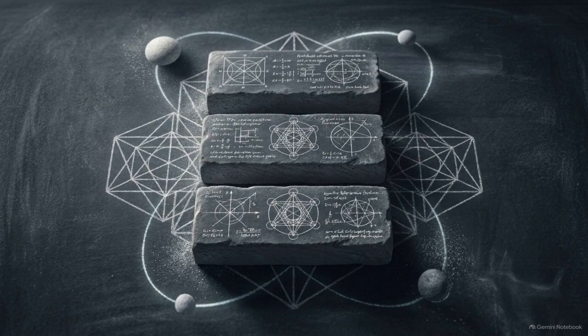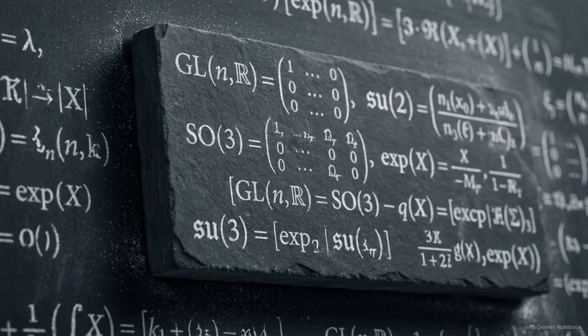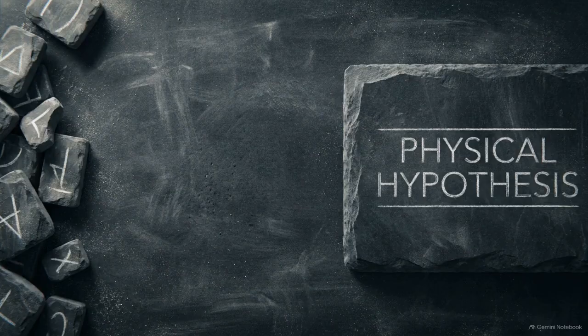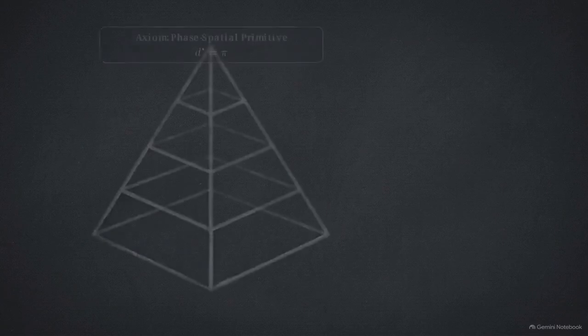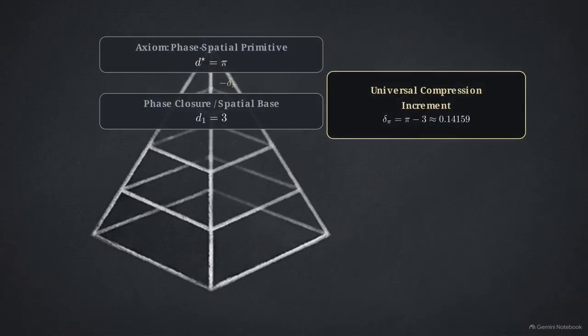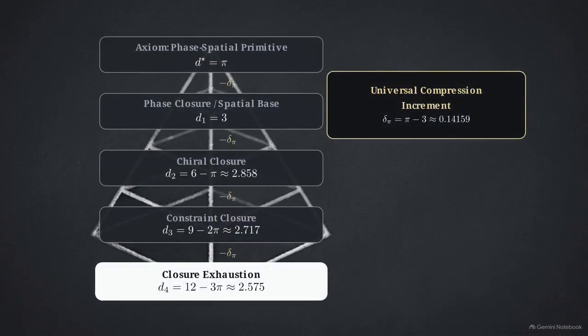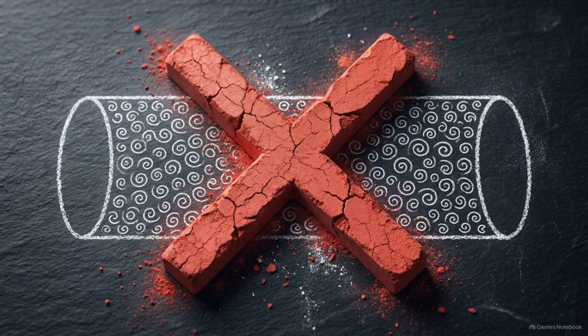The manuscript carefully partitions its claims. It takes established mathematics, like Lie group theory and Clifford algebra, and completely separates them from the physical hypotheses it proposes, making the logic highly auditable. The goal is to replace a list of empirical coincidences with a specific generative algebra, where each step naturally forces the next. To understand this mechanism, we have to discard the traditional Kaluza-Klein idea of compactification.